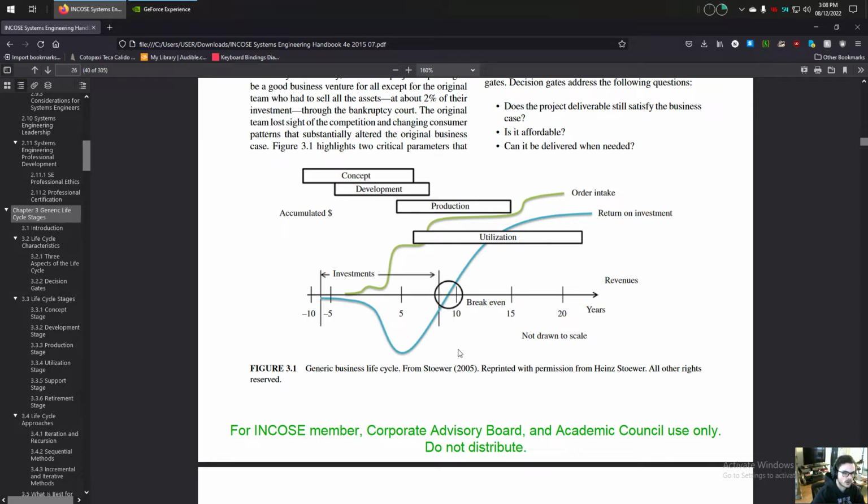You can see here all the different aspects. So you've got the different design cycle stages, like the concept stage, the development stage, production stage, and utilization stage. The order intake goes up over time,